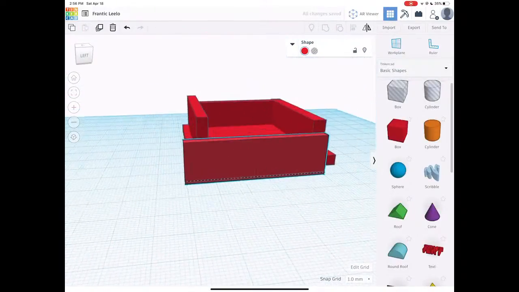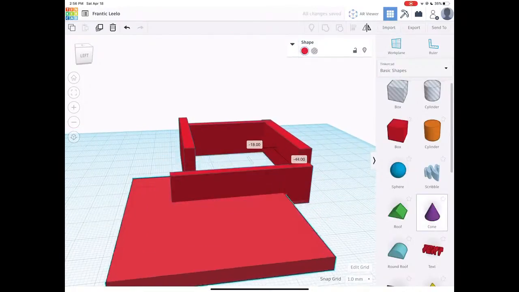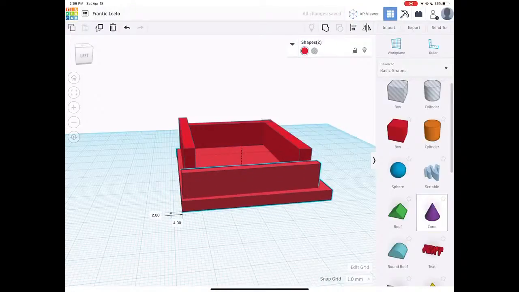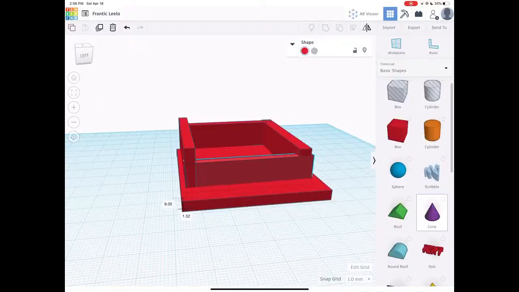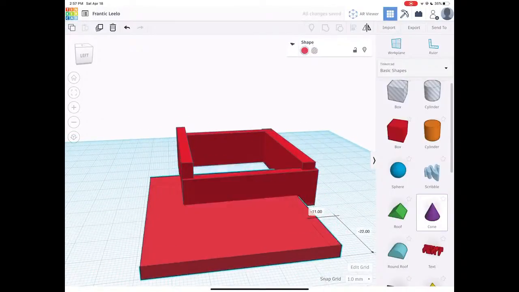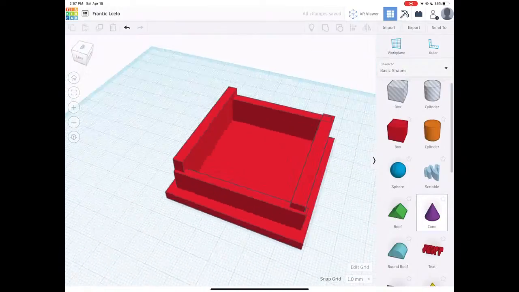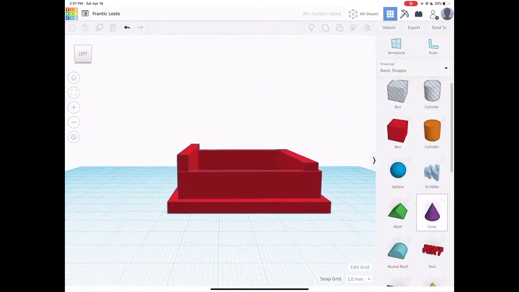Sometimes a little hard. On a computer, this is much easier. Alright. So you just got to hit the platform, then hit the shape that you want to move, and there we go. It's just a little finicky sometimes. There we go. So that's a rough shape of a cookie cutter,